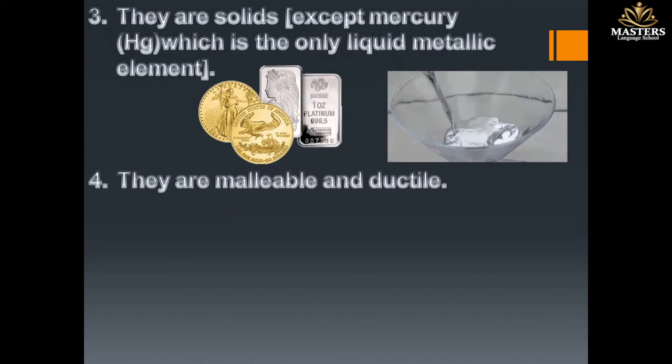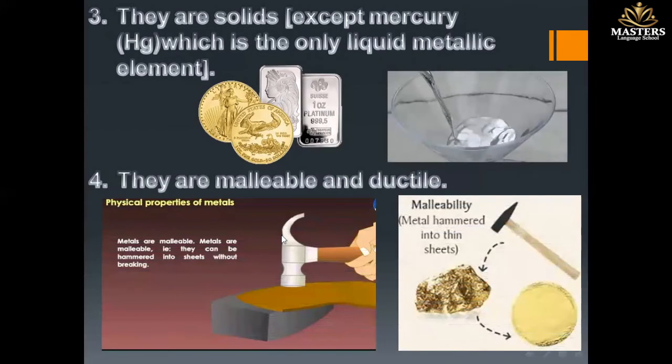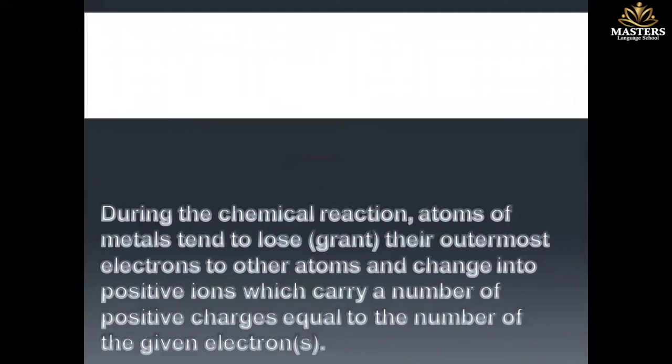What is the meaning of malleable? Malleable means that it can be hammered and you can shape it. And also, by hammer it doesn't just break down into small pieces. And the last property of the metals: during the chemical reaction, the atoms tend to lose their outermost electrons to the other atoms and change into positive ions, which carry the number of positive charges equal to the number of the given electrons. For example,